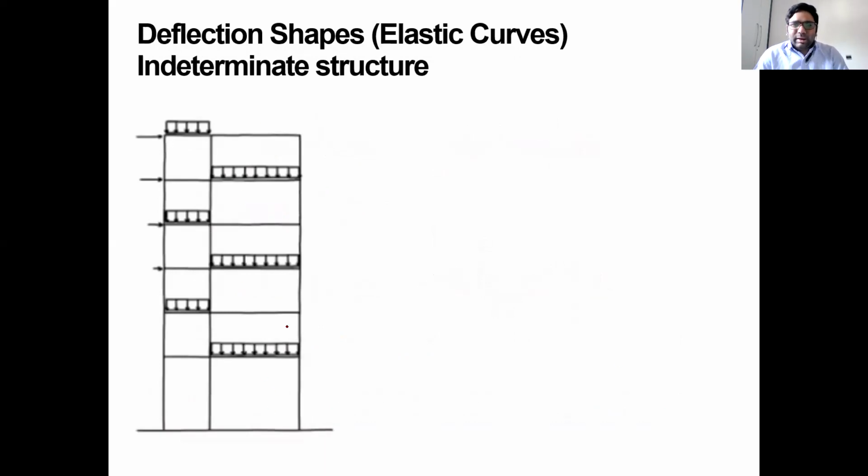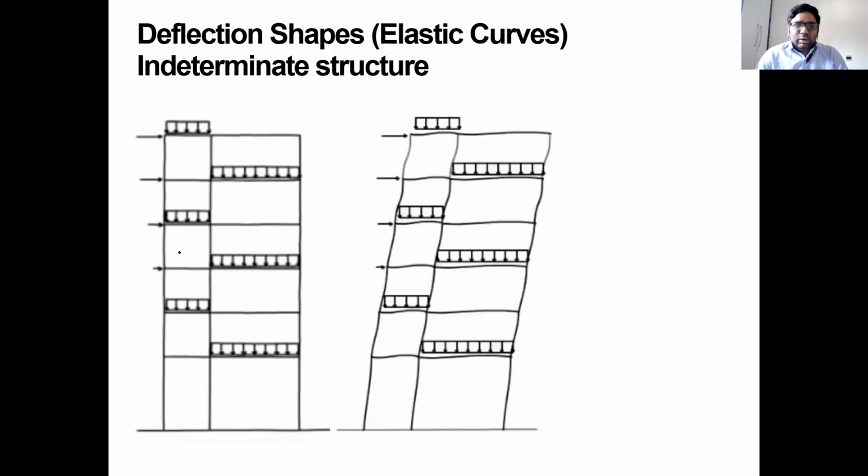You can see this is a multi-storied, high-rise building with horizontal loads. Because there are horizontal loads, what will happen? It will make the structure move horizontally. See, I'm applying a load here, and then what will happen? It will try to deflect. In what way? See here, this is the deflected shape. So this is the delta part. This is called the deflected shape. Same is the case with us also. When we try to push an object, it will try to move. So that is how we need to consider the kind of analysis that is very important for us.